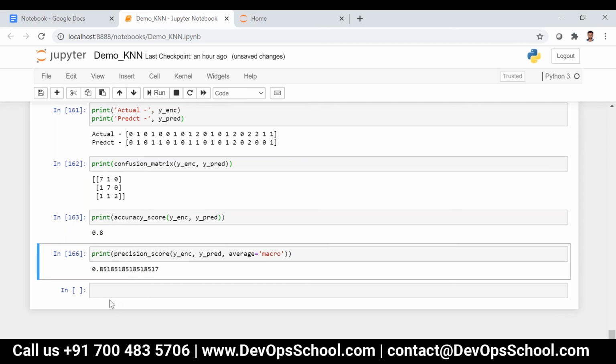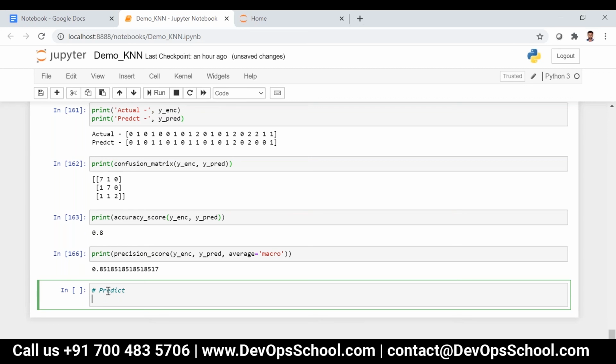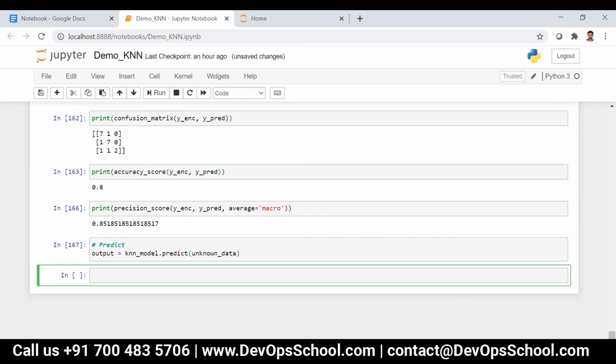Now if I want to predict for multi-class, that is for unknown data, I can say output is equal to knn_model.predict of unknown_data.